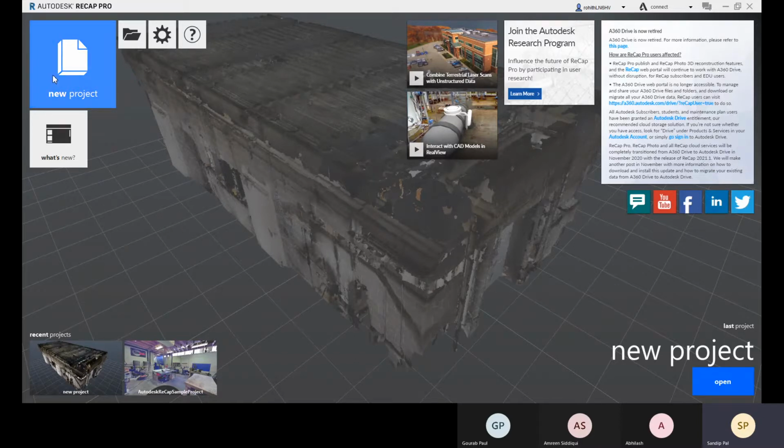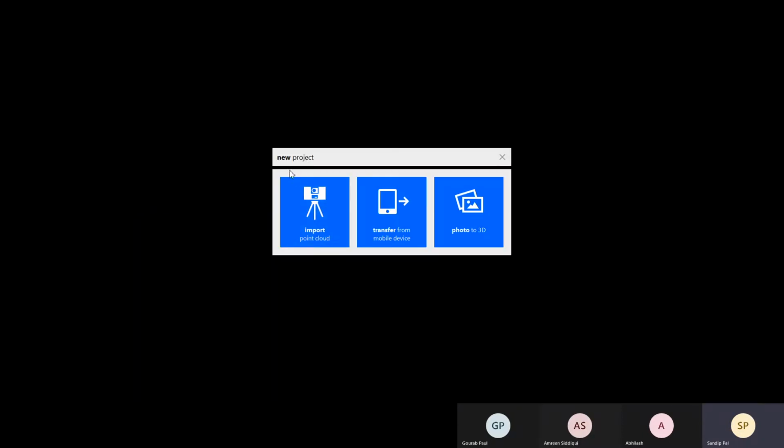Now here you see that a new project option is there. If you click on this new project, it will open this window. So here you have three different types of project. You can either create a point cloud, or you can use this option.